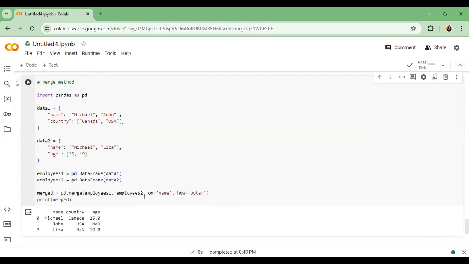As you can see, we have here Michael, John, and Lisa. If we look back at our original dataset, we have two Michaels, wherein on data 1, Michael's country is Canada, and on data 2, Michael's age is 25. So when we merge them using the merge method, we were able to gather Michael, Canada,